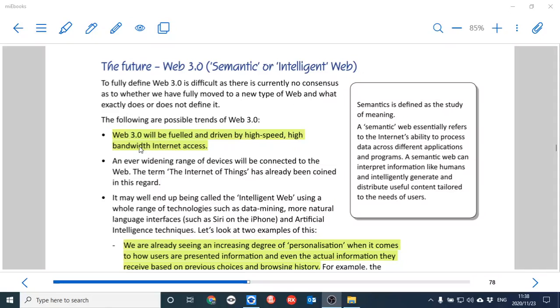Web 3.0 will be fueled and driven by a high-speed, high-bandwidth internet connection. Now we're on our way there.